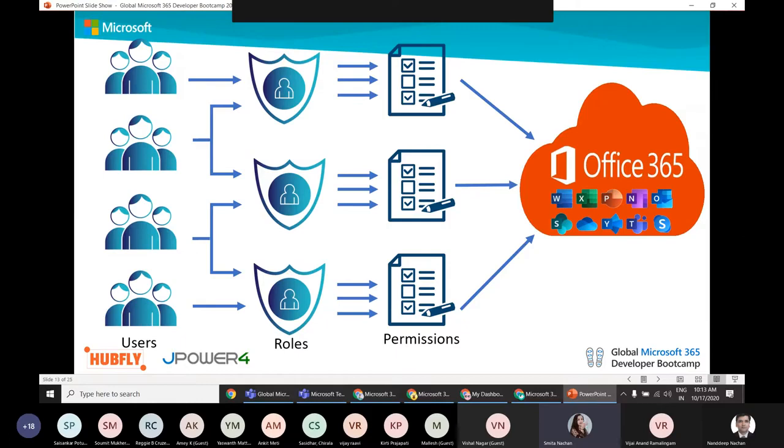This way we are able to control role-based access, because each user is a part of one or more roles, and each role has a specific set of permissions with which we can perform only certain operations inside Office 365. In the absence of roles, everyone would have every access to Office 365, which is not a preferred way. So this is how roles help us define access control.